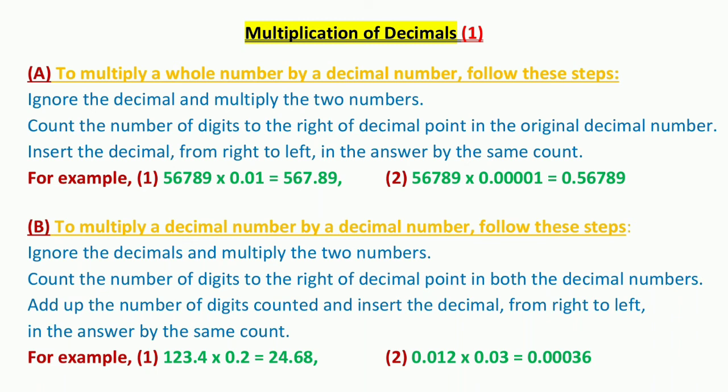For example, first one, 56,789 into 0.01. Students, first multiply 56,789 with 1, which will give you 56,789. In 0.01, after the decimal point, there are 2 digits. So, in the answer, from the right side, count 2 digits and place a decimal point. That is, it is between 7 and 8. So, the final answer is 567.89. Second one is